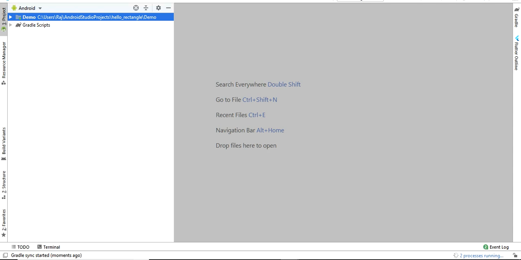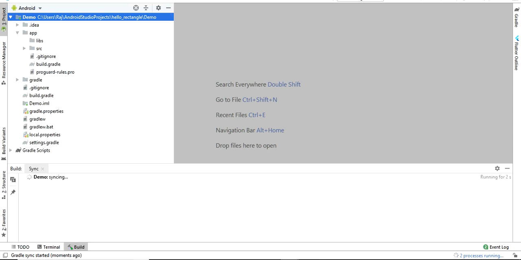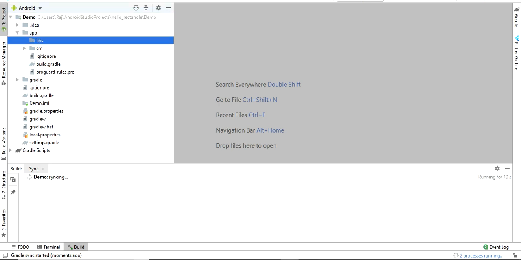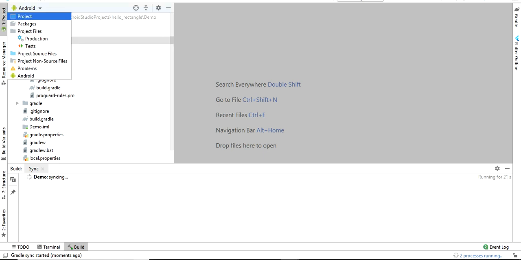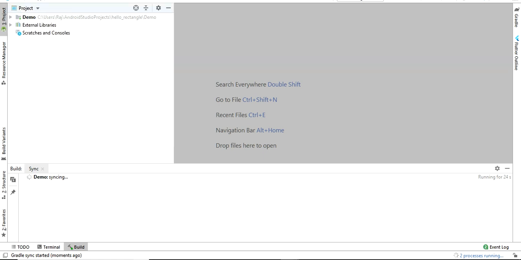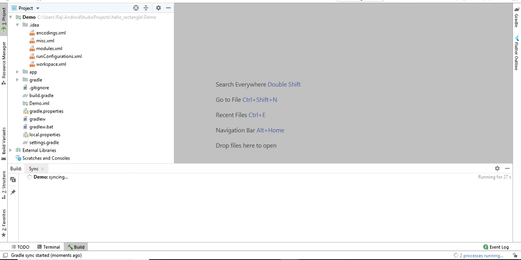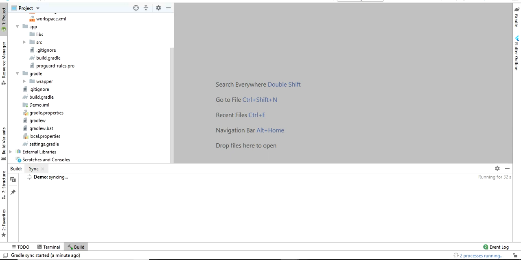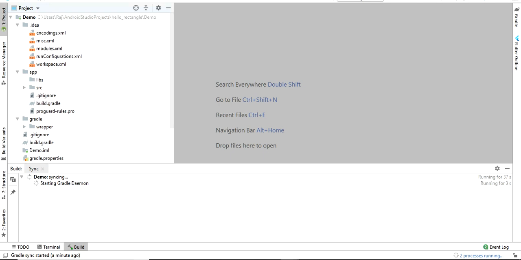Here's a new project. You should first explore Android Studio.